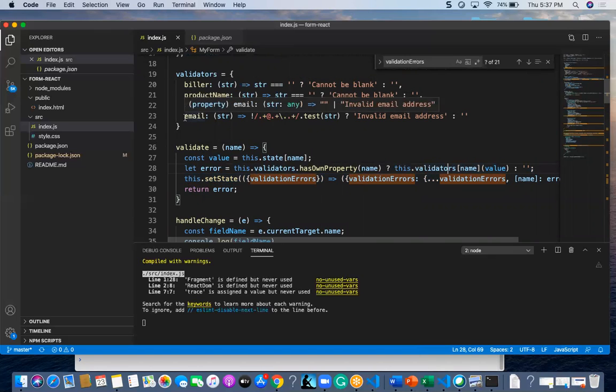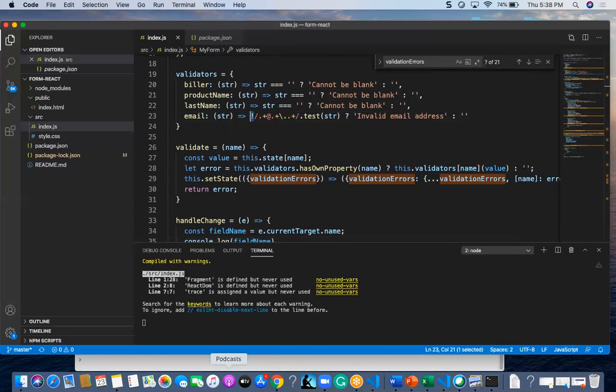which is handling the email. If that particular string whatever I am giving satisfies this email regex, fine, else it will be failing. Here I am giving the not symbol.